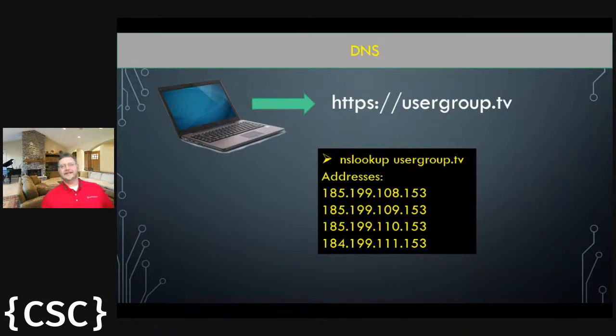But the DNS resolves to any one of those. Also, google.com does the same thing. You might hit different IP addresses, and it may also depend on where you are in the US which actual address you may receive. So that's DNS in a nutshell.